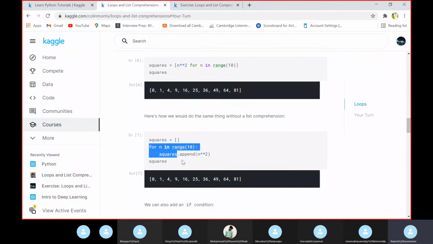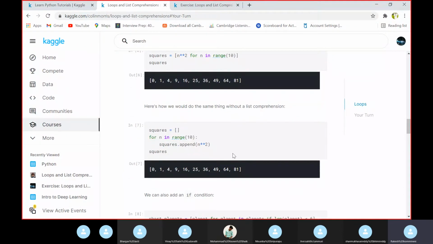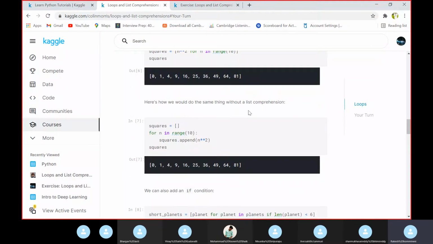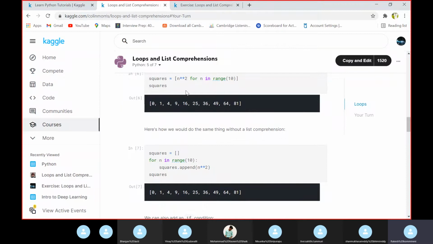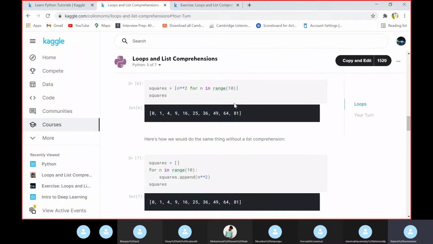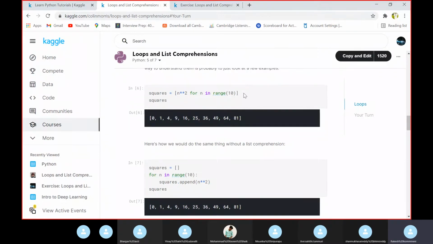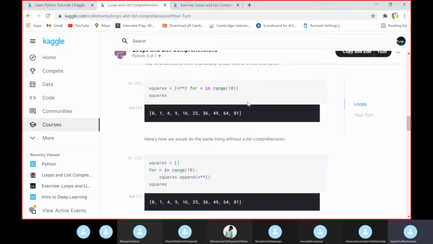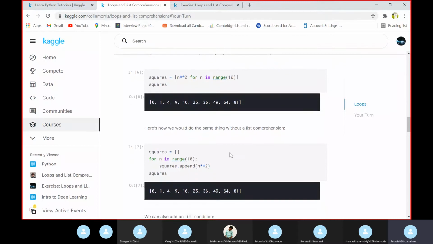So here is an example which is written without the list comprehension style. These both are the same, but this is used as an example of list comprehension, and this is without the list comprehension.